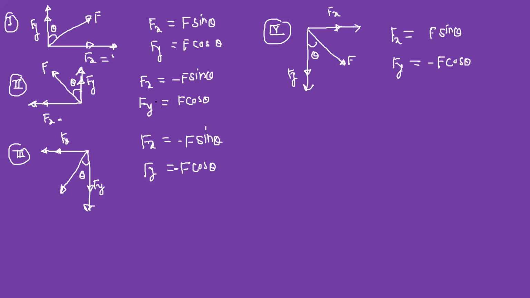Okay. So these are the cases where force is given at the origin and it is directed away from the origin. Okay. So now we will take the force at the origin only, but it is directed towards the origin. Okay. So we will change the direction. Suppose this is x and y axis. This is the force, but it is directed towards the origin. Okay. So this is the only change. Angle theta is given with respect to x-axis only. Okay. And this is the value of force.